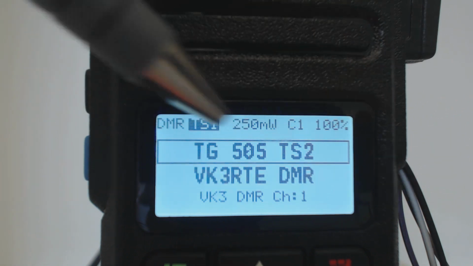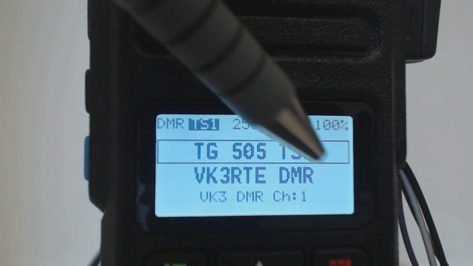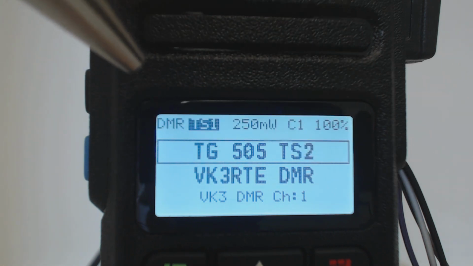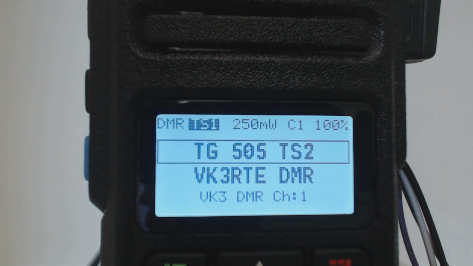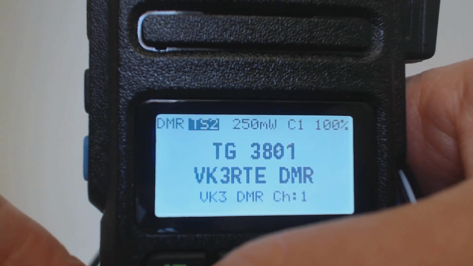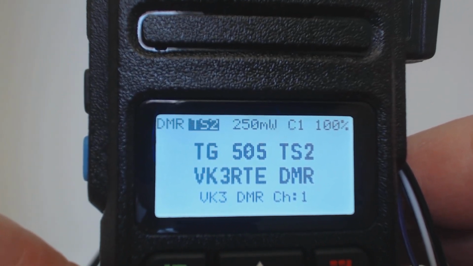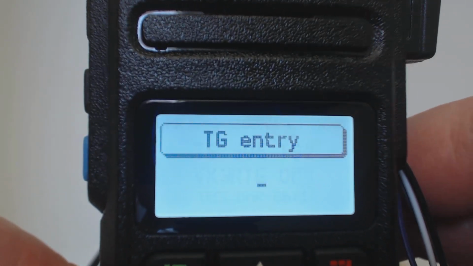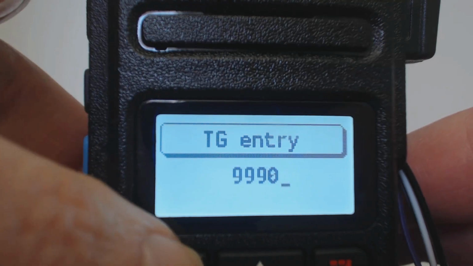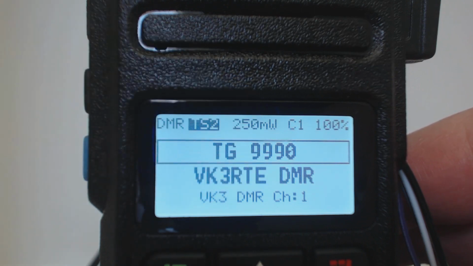Oh, the other feature that this is now showing is that there's a box being drawn around the talk group. Now this means that you've manually entered a different talk group rather than the talk group that was initially assigned to the channel via the RX group list. If I was to press the right and left hand buttons, that will go away because it's removed it. But if I was to manually enter another talk group, let's say, I don't know, talk group 9990, so that's parrot test. So if I do 9990, enter, okay,